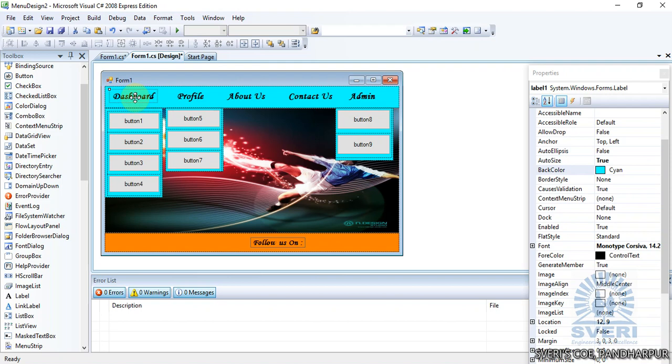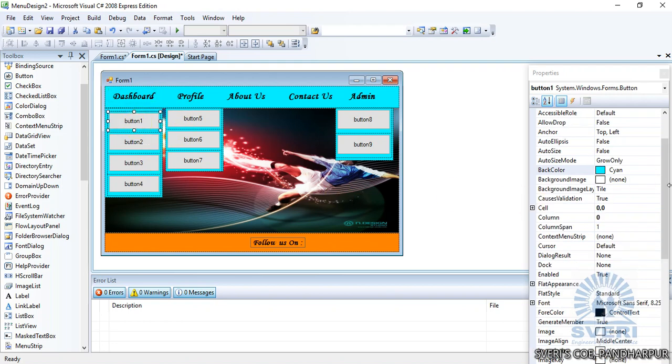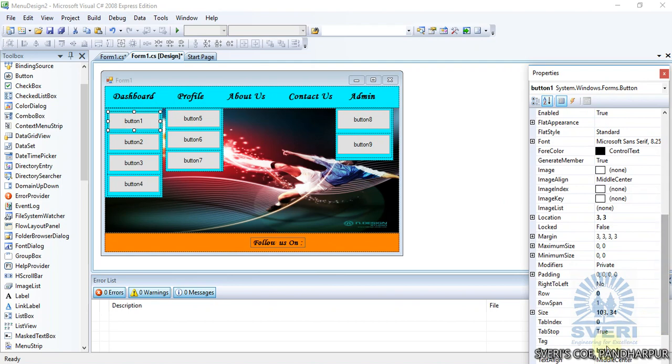So in the last video we designed the menu. It will open the menu whenever you take the mouse over that particular menu. Now in this menu design, whenever we click on this dashboard, this menu must appear. So we will change the submenu names. Select that button, and in the text property, dashboard,